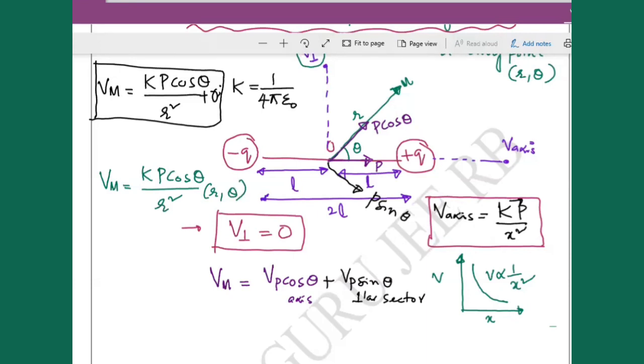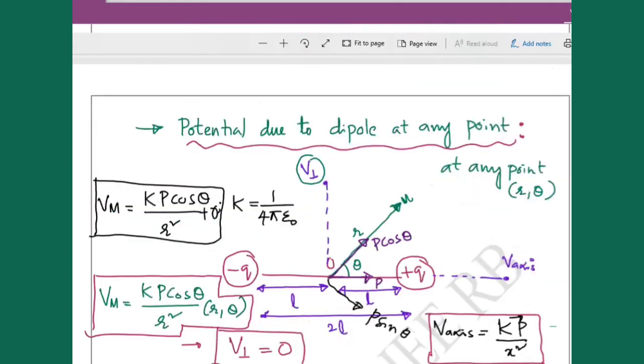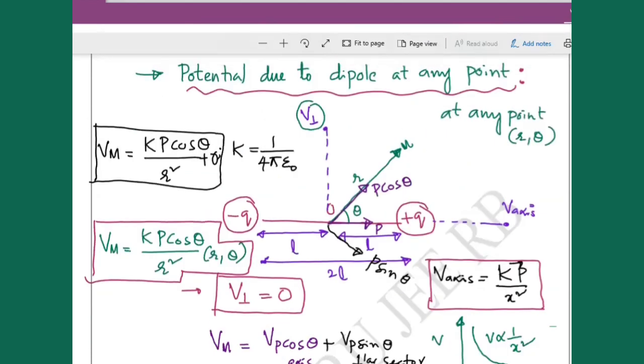Just take a screenshot here, then we'll proceed from this particular point. Done till this point. Just take a screenshot. I'll off the video. Done, sir. Yes. It is very clear, right?